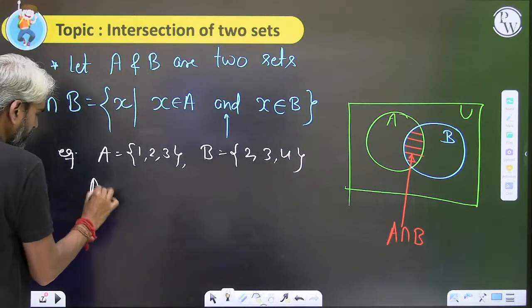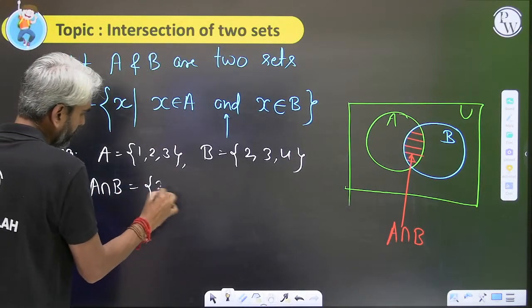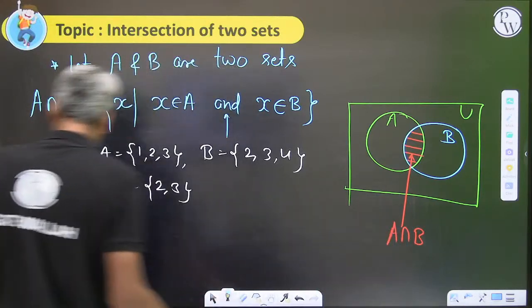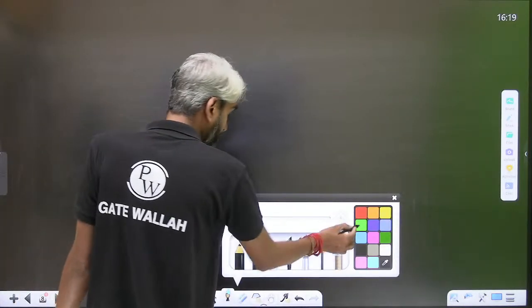What will be A intersection B? Sir, A intersection B will be 2 and 3. These are the elements which are common to set A and set B. Okay. One important thing which is related to intersection of two sets is that if